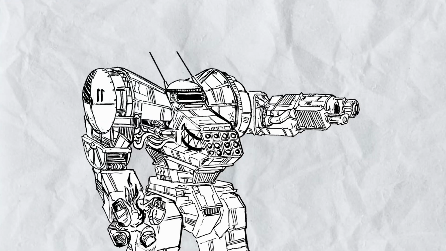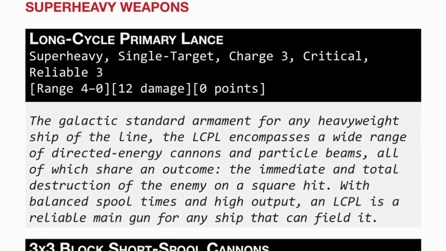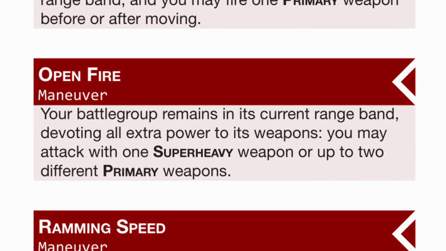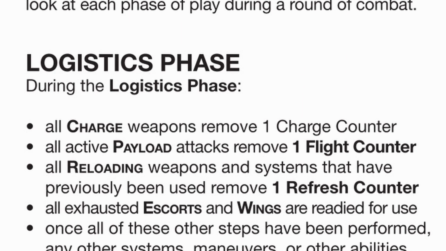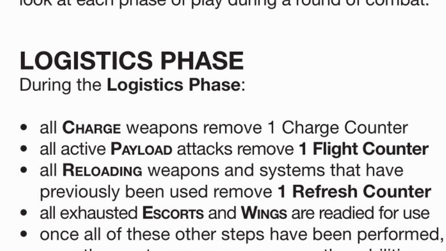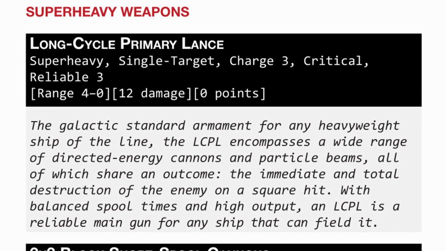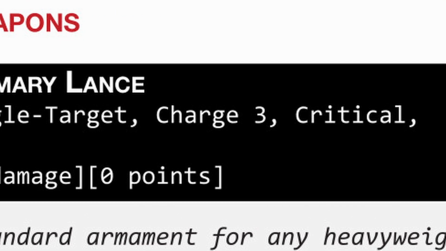Let's explain what super heavy is. There are two types of super heavy weapons, the charge weapon, and everything else. Any super heavy that doesn't charge can be fired as a part of a maneuver, while charge guns, as their name implies, need multiple rounds to charge up, but they fire automatically on their own when they are done charging up. The most commonly used super heavy charge gun is probably the long cycle primary lance, with the charge 3 tag,